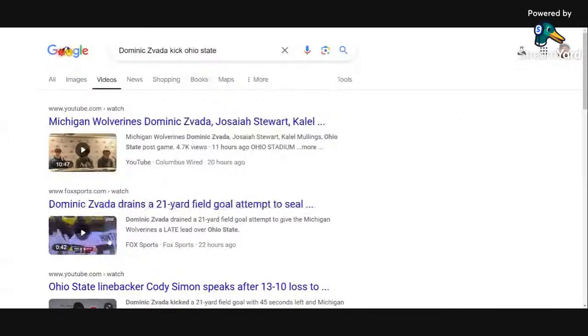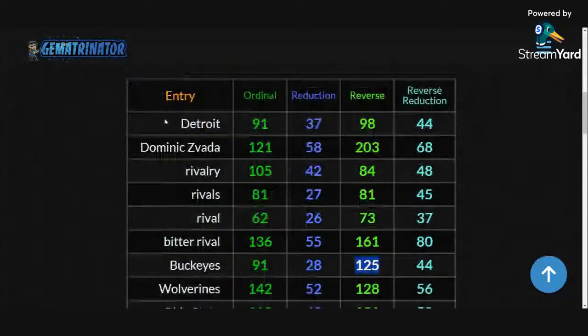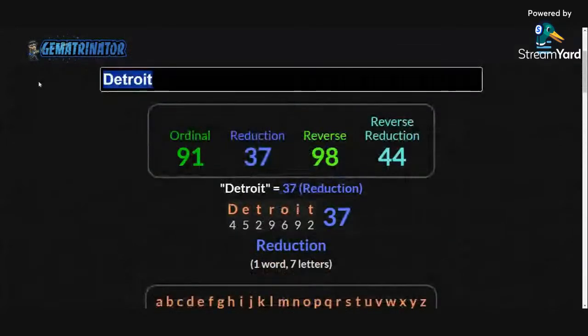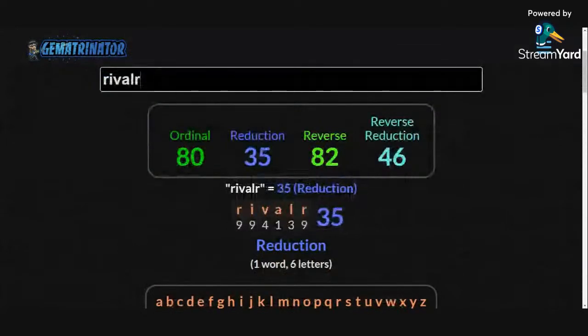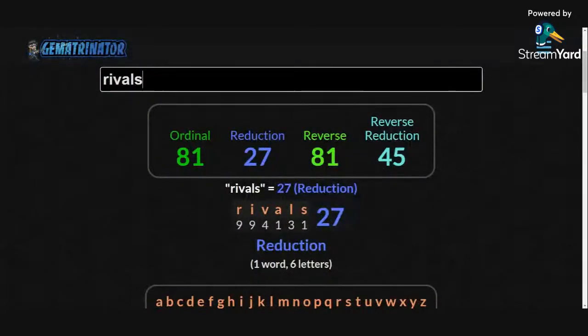And a lot of times you see it's a 42-second clip. I'm going to play that one. But a lot of times that'll even connect because everything's ran on numbers. Rivalry equals 42. Okay? Rivalry equals 42. And remember, Rivals had the 45, and it was with 45 seconds left.